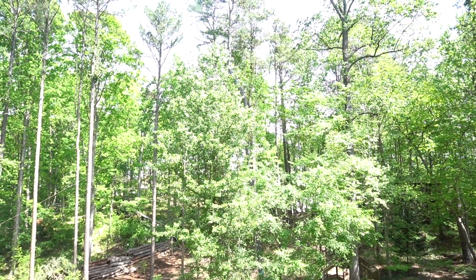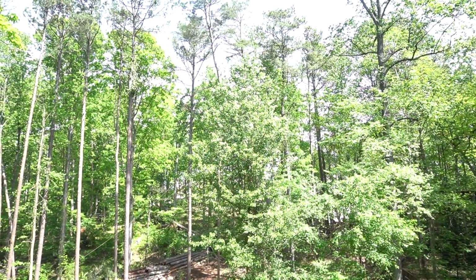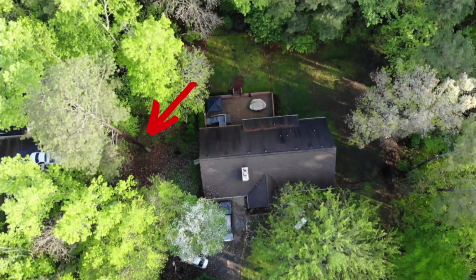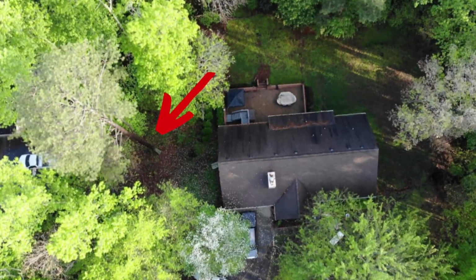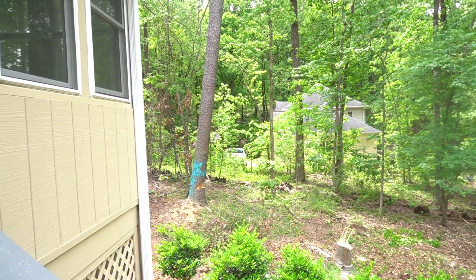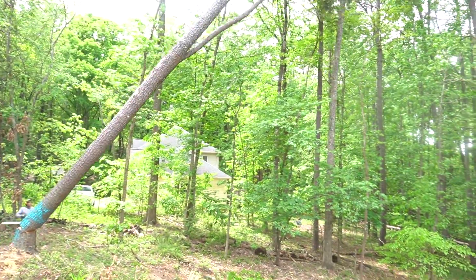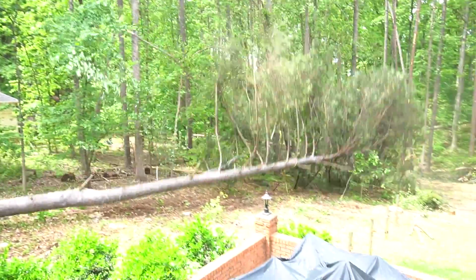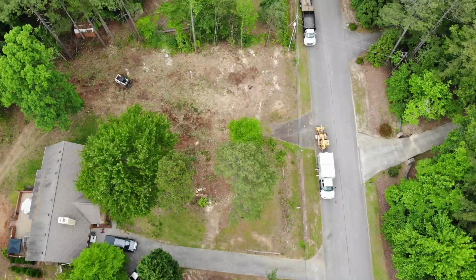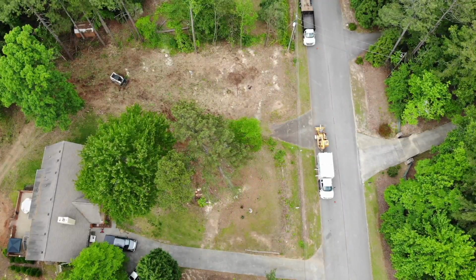These guys took over 30 trees down, and we're not even halfway done with our yard. Just goes to show you how many trees we have. Oh, and remember this tree? Holy cow. And once they were done taking those very crucial trees in the backyard, they came to the front